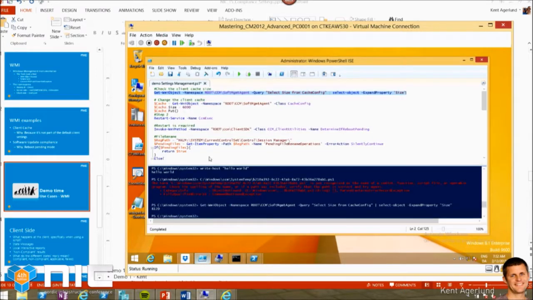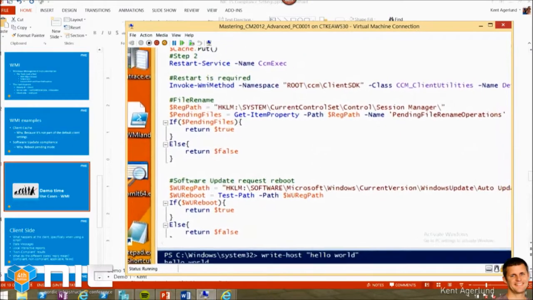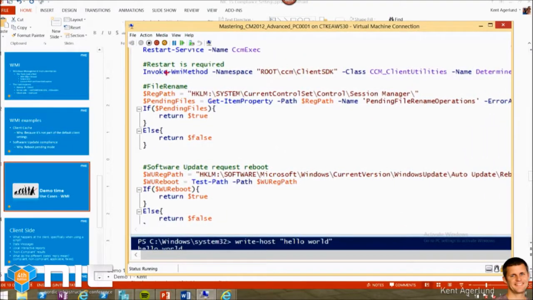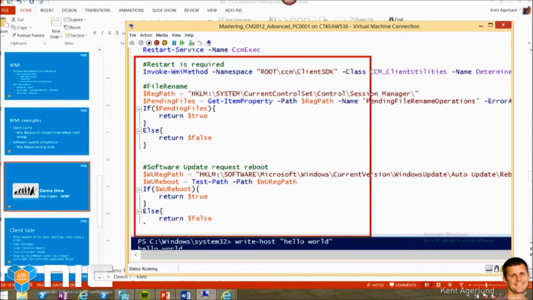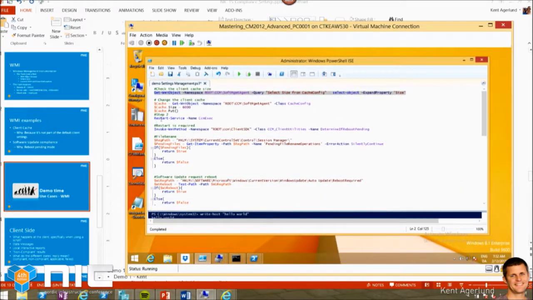Some other examples that I have in here, and we will have to use ZoomIt. So if I look at all my software reboot, because software reboot is really a key issue when I go to customers. So the first one here, where I invoke a WMI method, this one goes into the client SDK namespace, and then it will just figure out if config manager requested a reboot. So when I execute this one here,